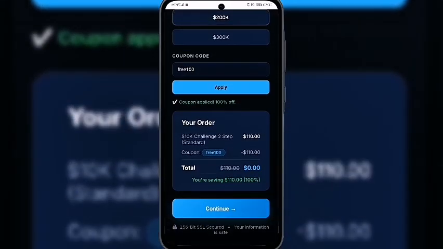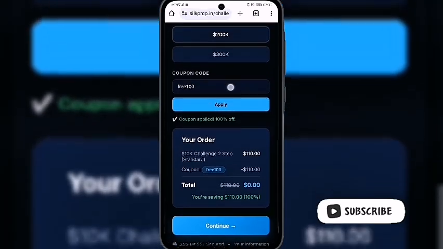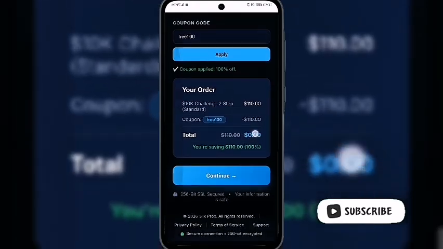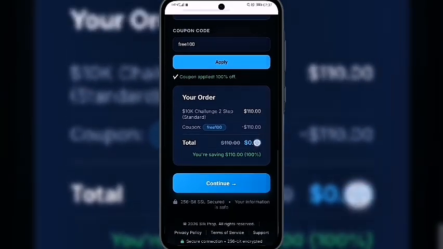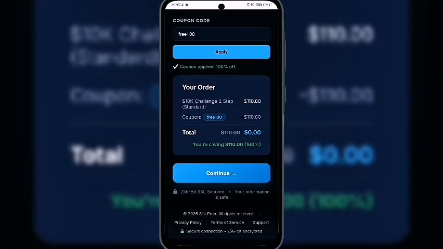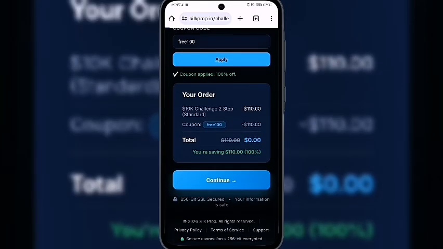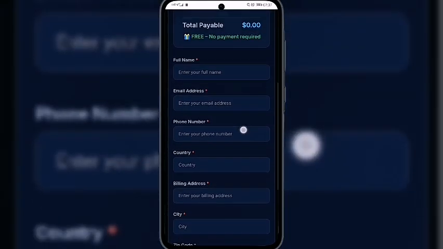So if you use the link in the description or the pinned comment section, you are going to get this coupon code applied to the purchase page automatically. So you can see right now, instead of paying $110, you are going to be paying $0. So once you get on this page, all that you have to do is click on the continue button over here, and then it will take you to this page for you to fill in extra details like your full name,